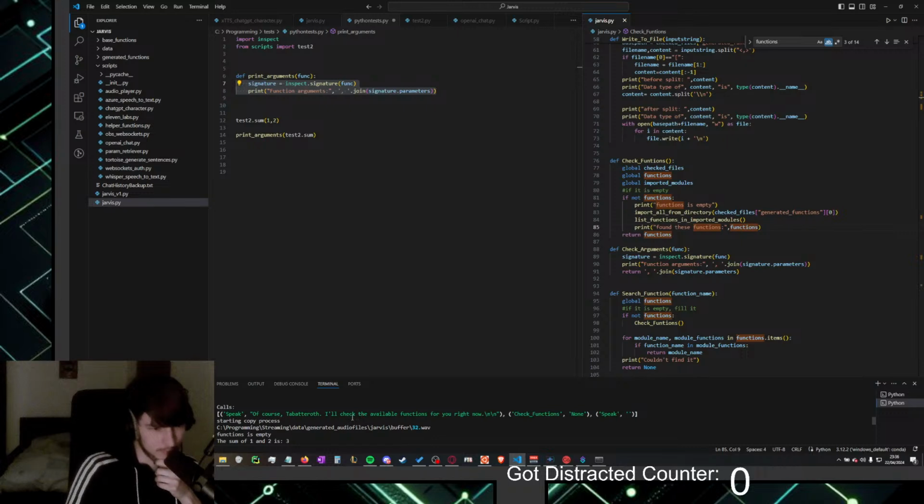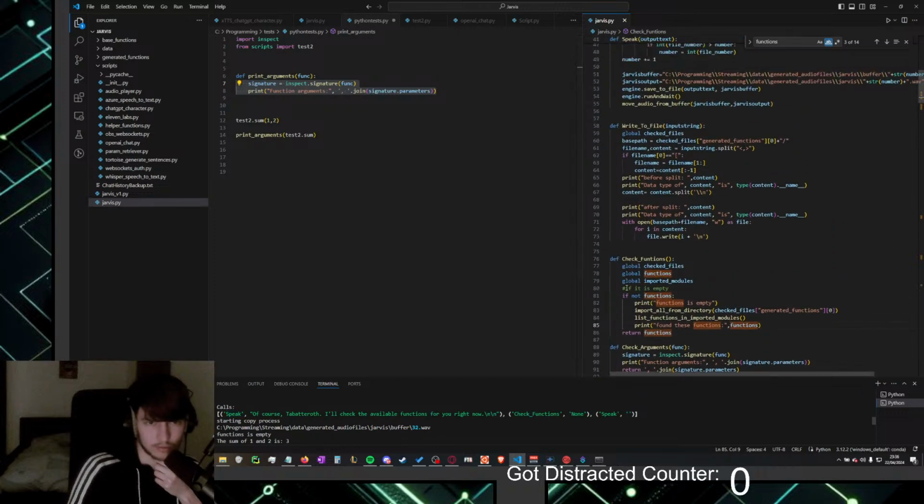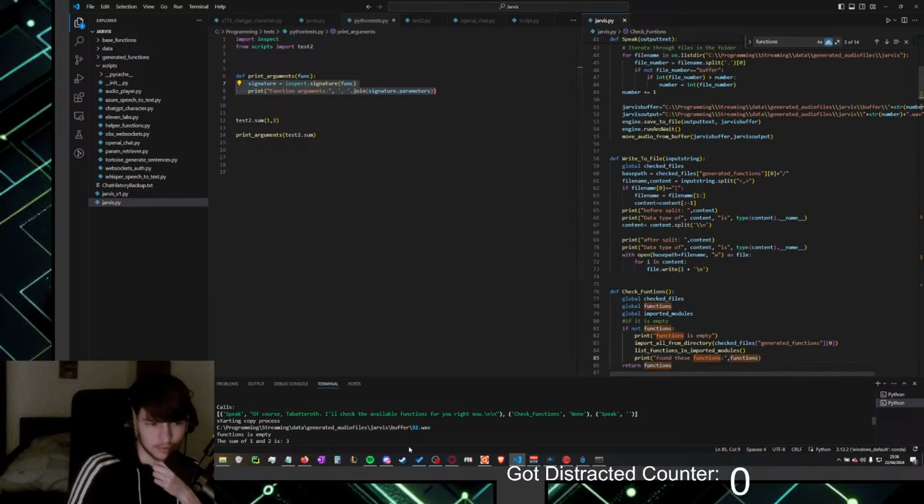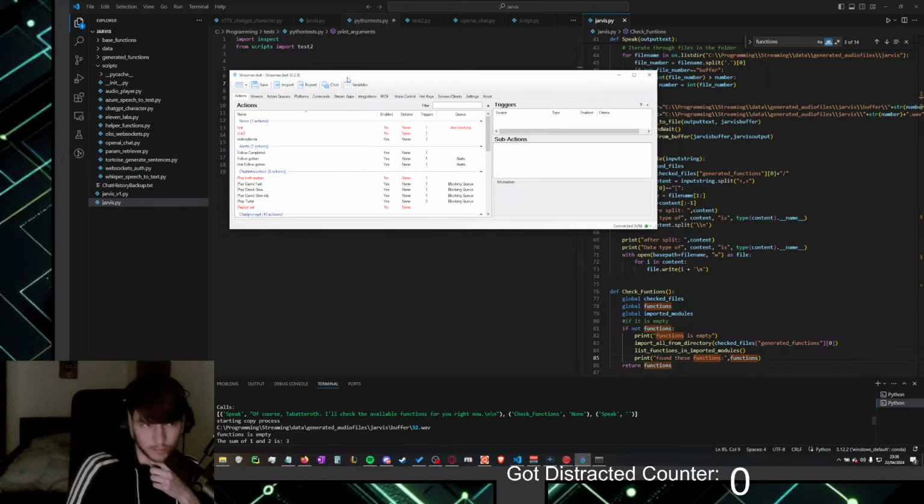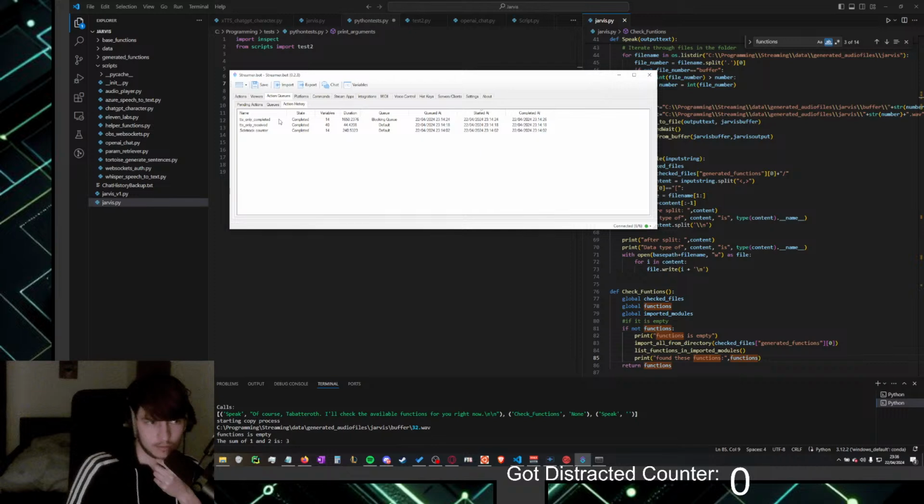Didn't say anything. Or did it say something? I mean, wait. Speak? Why did the speak function not trigger? Oh wait, the speak function did trigger, but Streamer.bot messed up, I think. Wait, action queues, action history.